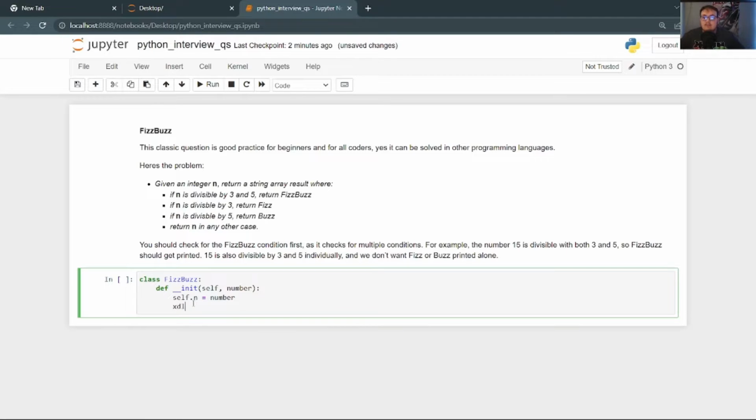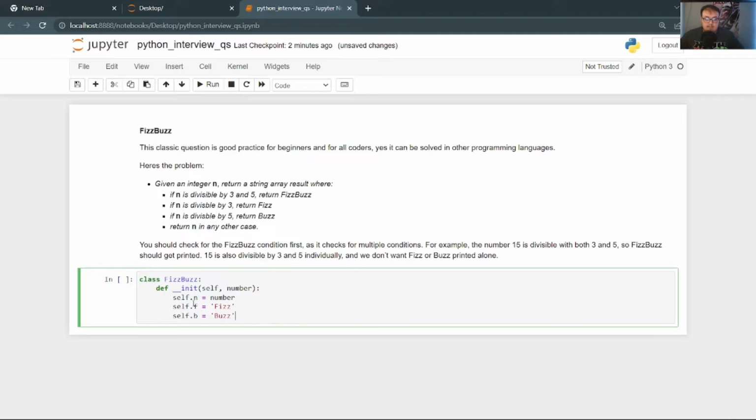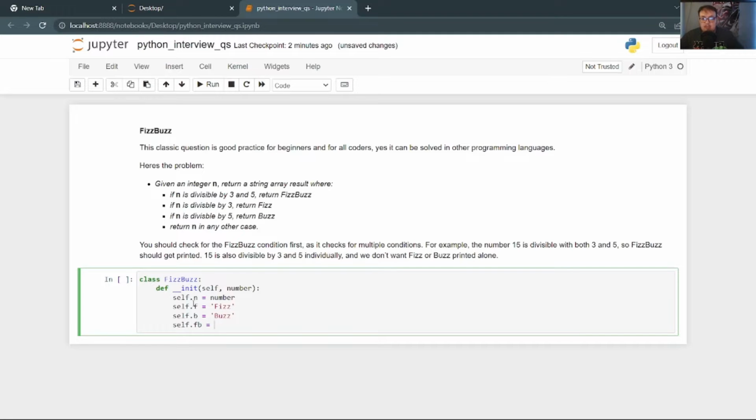And then we can initialize all the other things. So self.f is equal to fizz, which is what we want to return if it's only divisible by 3. Self.b equals buzz. This will return if it's divisible by 5. Self.fb, I'm going to call this, equals FizzBuzz if it's divisible by 3 and 5.